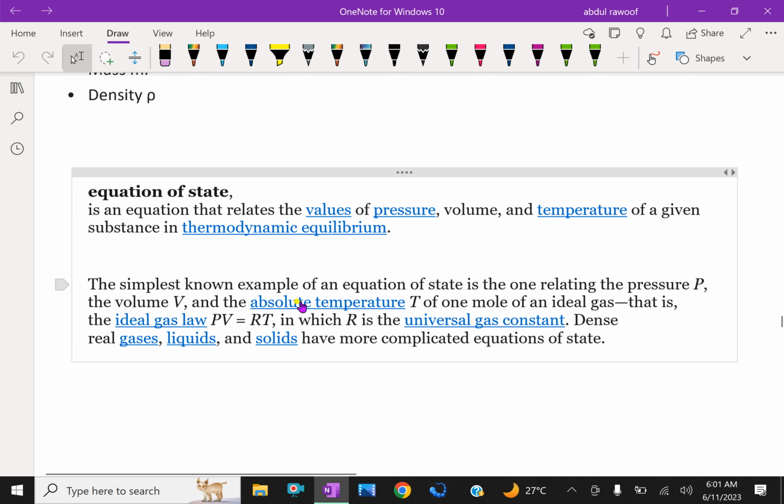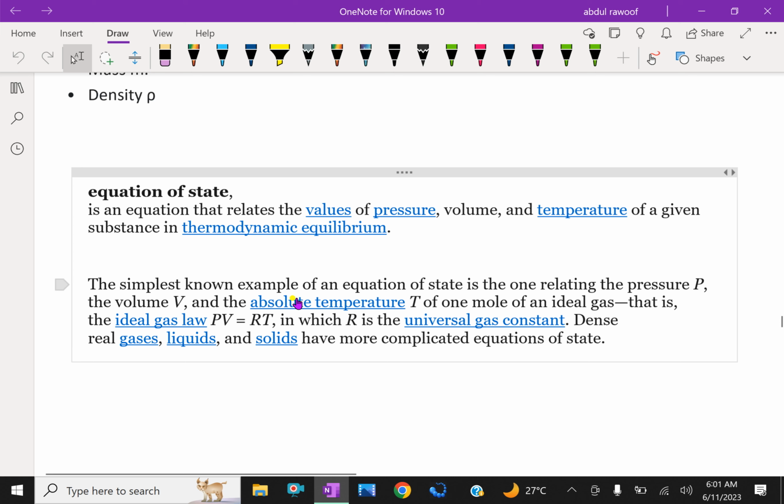Every equilibrium state of a thermodynamic system is completely described by specific values of some macroscopic variables, also called state variables. For example, an equilibrium state of a gas is completely specified by the values of pressure, volume, temperature, mass, and composition of the various mixture of gases.